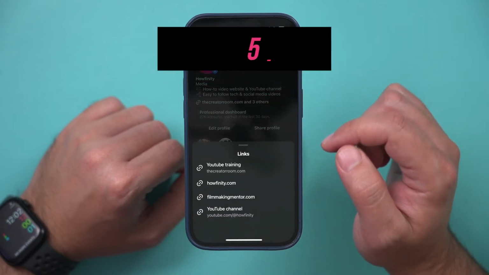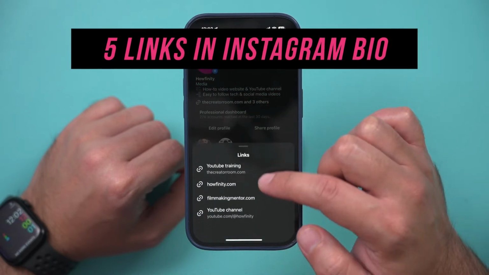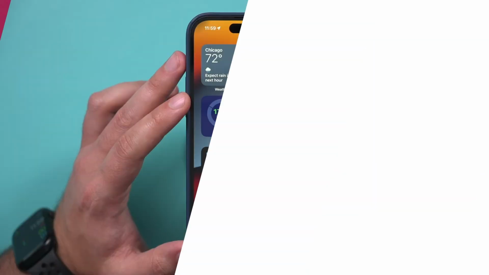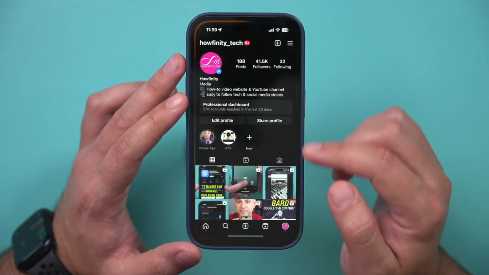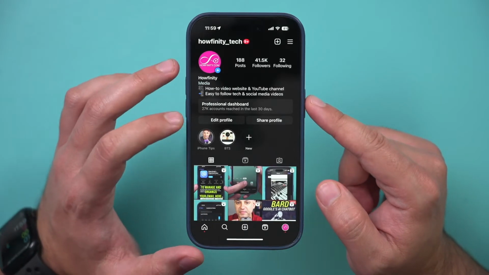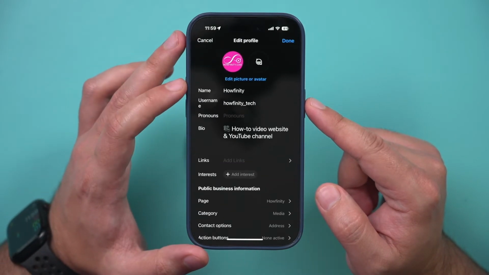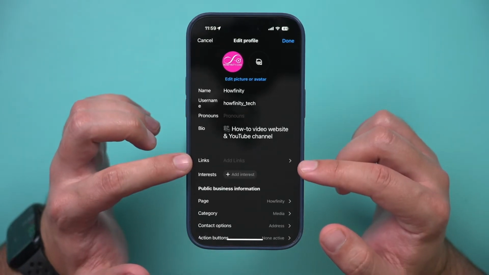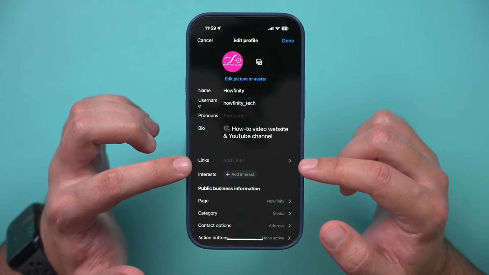Instagram finally has an update where you can now add 5 links to your Instagram bio instead of just 1. All you have to do is launch Instagram and then click on your profile here to come to your profile and then press edit profile right over here. And as long as you've updated your Instagram app, in the links section, you can actually add multiple different links,